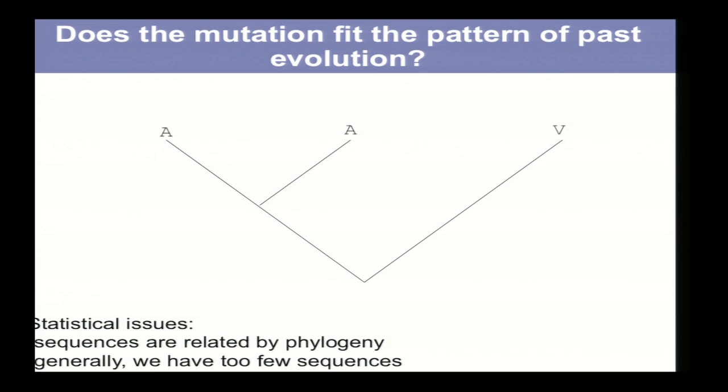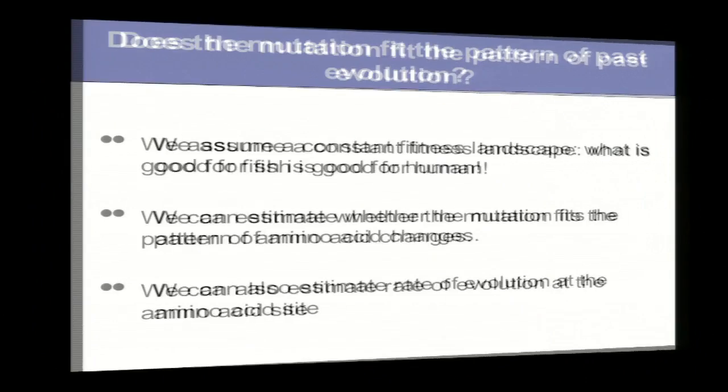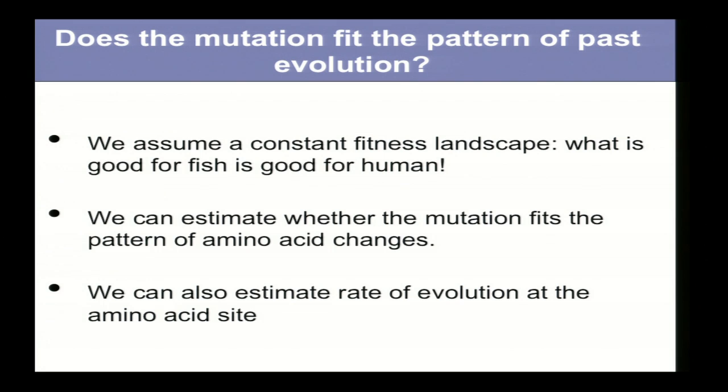And I have two problems, purely method development problems. First, I have very few sequences. I want to estimate 20 probabilities for 20 amino acids, and I usually have very few sequences in hand, and they are not independent. So I have to take into account phylogeny, and I have to be Bayesian. I have to do some statistical estimation with very sparse data. So this is a set of main assumptions for the analysis, which many people call conservation.